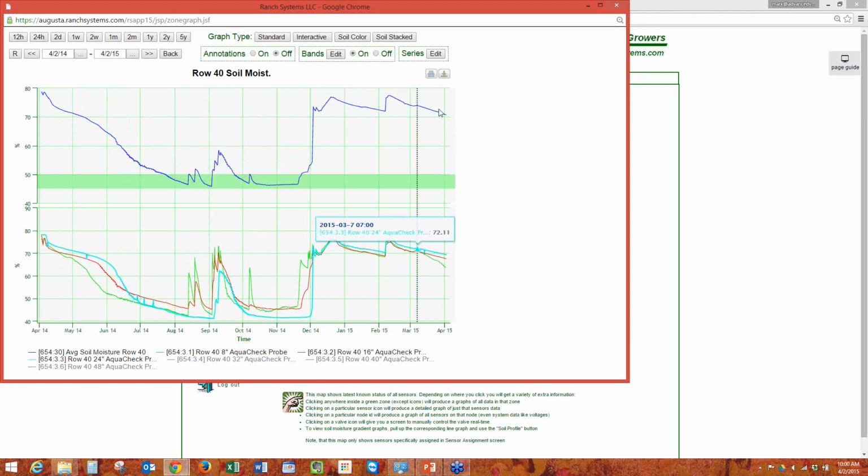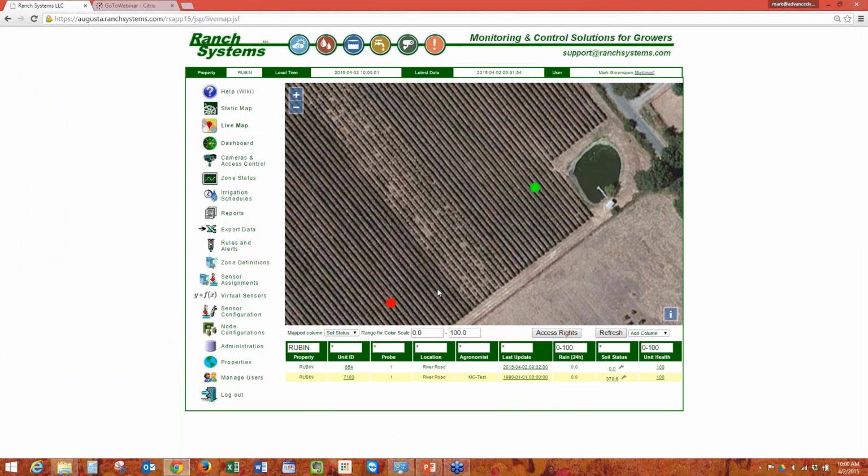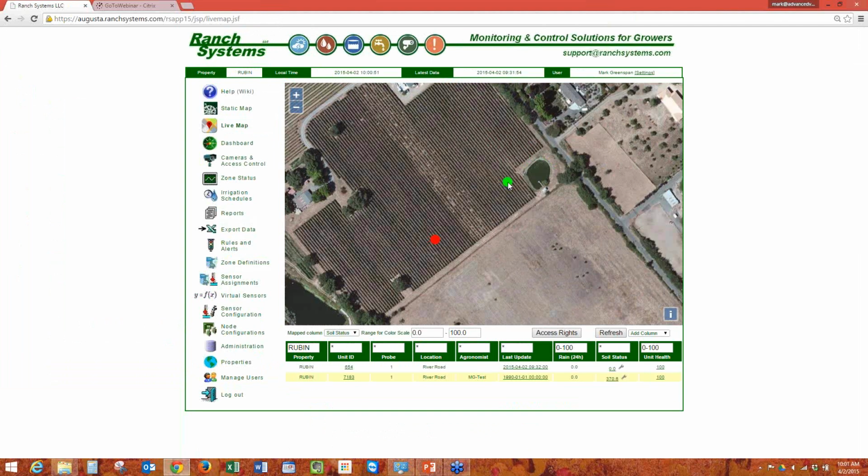There's something new that I'm not too familiar with yet, but I did want to bring that up. It's a new feature that Ranch Systems is developing or has developed. I think it still needs a little bit of work, but I think it's pretty close. It's called Live Map, and this is showing our site with these 2 probes, with dots showing the probes, and these can be adjusted. We can adjust the color of these, or the levels at which these dots show, so if there's plenty of moisture, they show green. If it's very, very low in moisture, we show red. This one's showing red only because I have it non-calibrated, but I just wanted to show